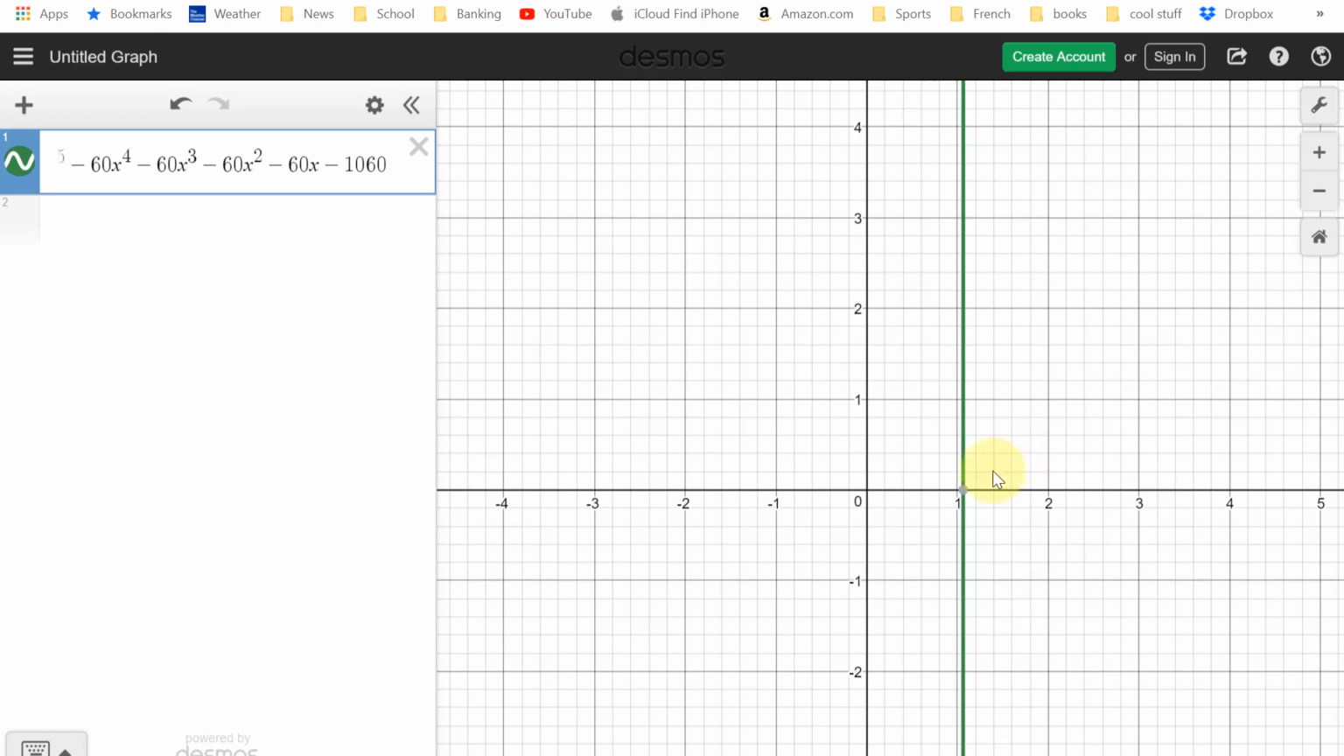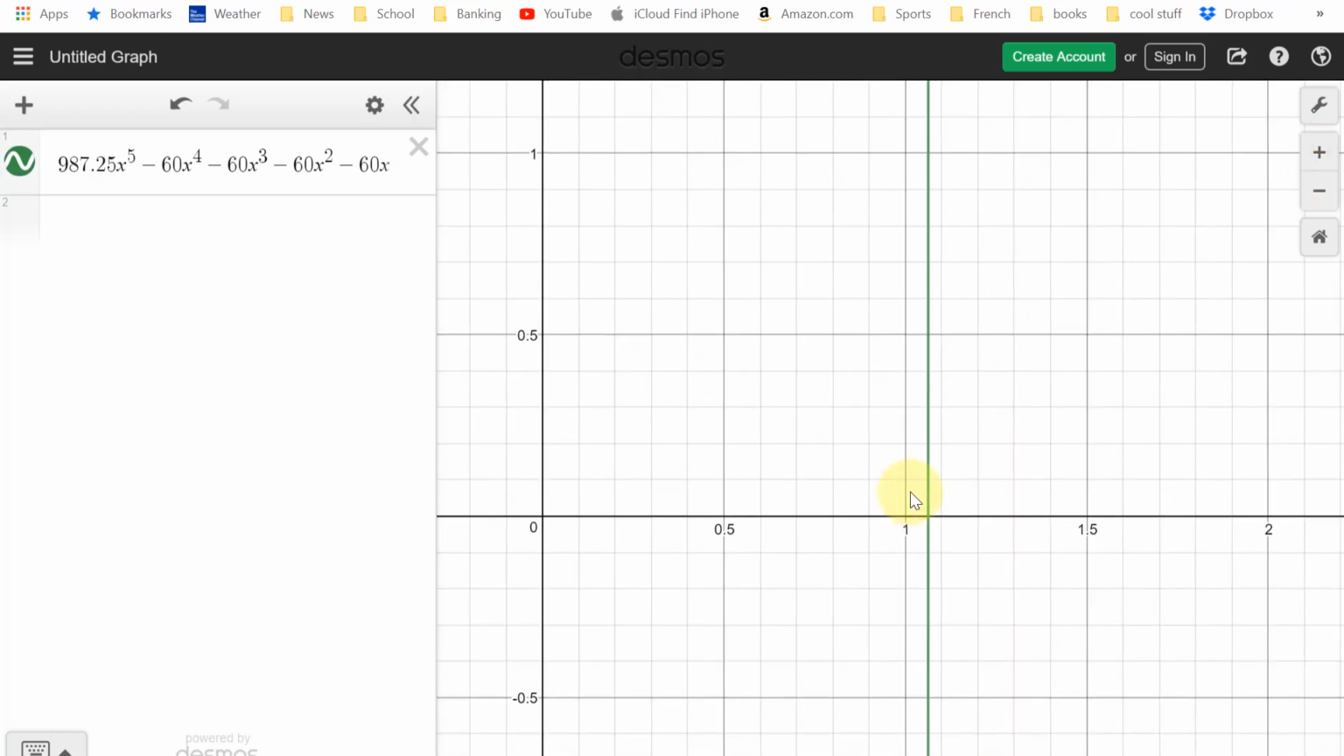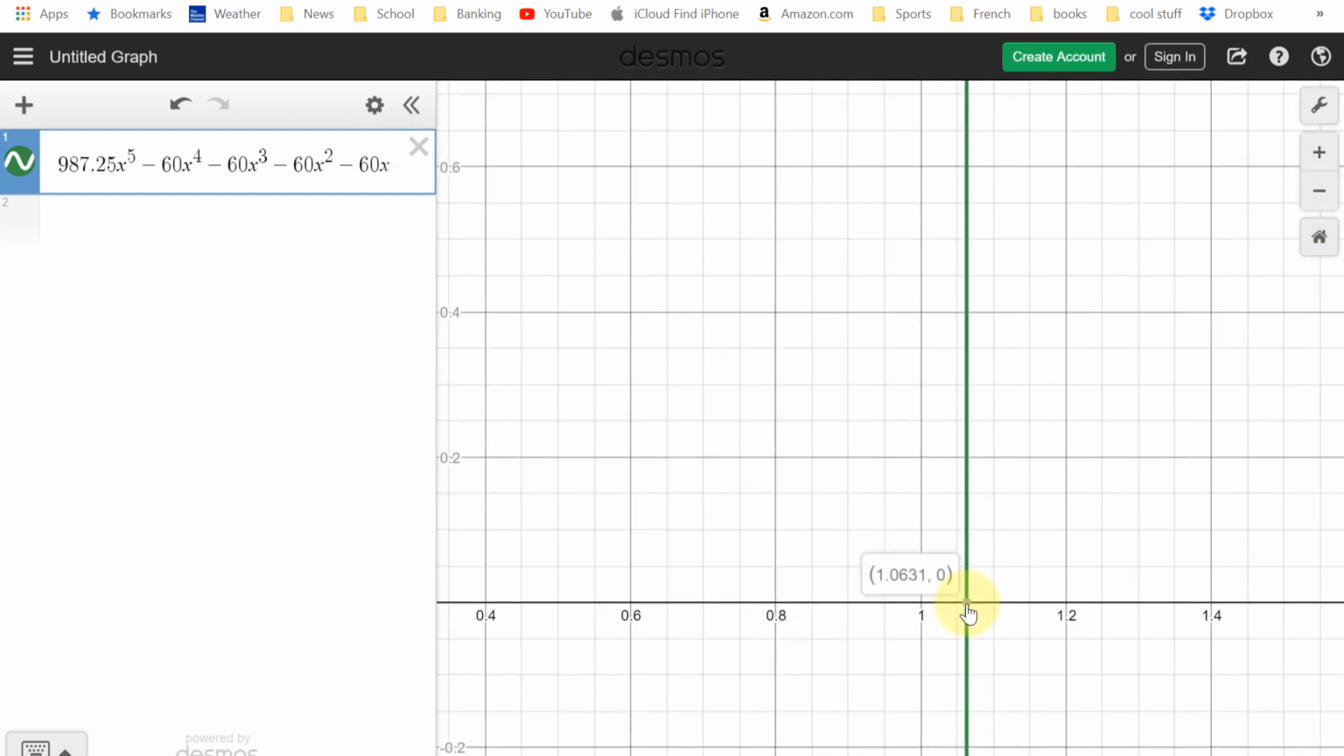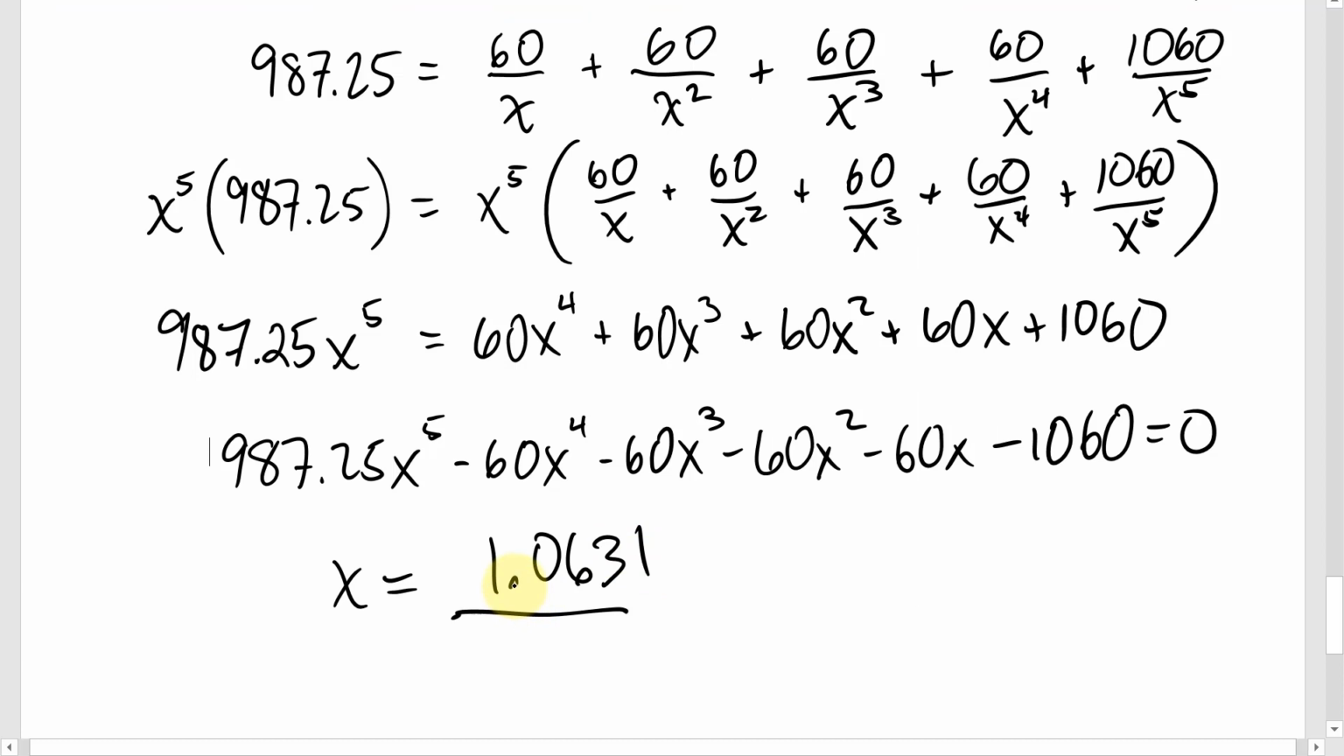Okay, so what's the intercept there? If I get about 1.063, let's see if we can get a little bit more accurate value. 1.0631 if you zoom in on it. Okay, so 1.0631. Knowing that